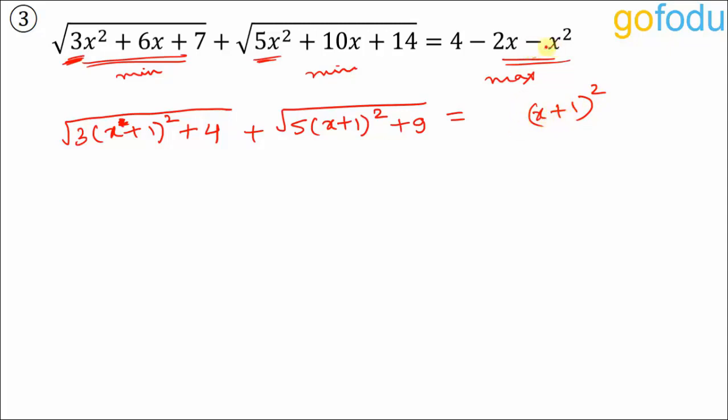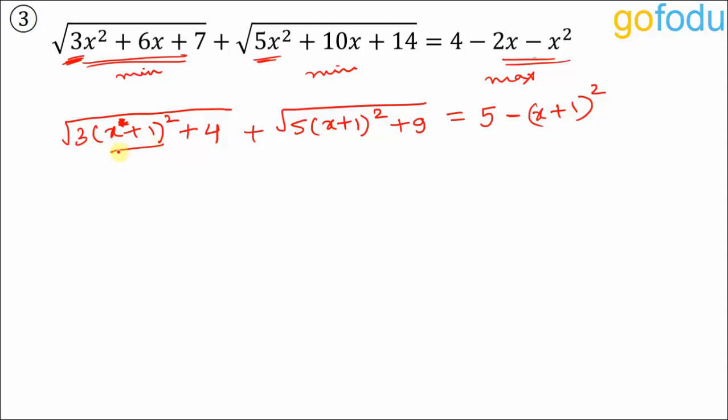But here we have minus x square minus 2x. So we will add a minus sign here. And this is x minus x square minus 2x minus 1. But here we have plus 4. So we will add 5 more to get plus 4. 5 minus 1 will give 4. So this is how the expression gets simplified. The equation gets simplified. So we are just following the method that we have seen in solving quadratic equations video. We are creating perfect squares to find minimum and maximum values.